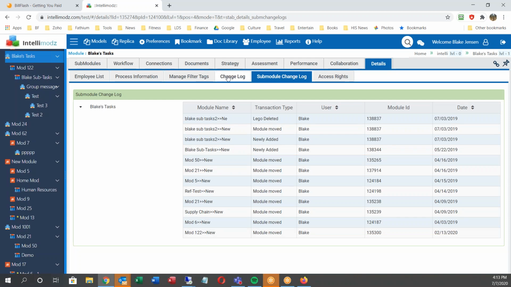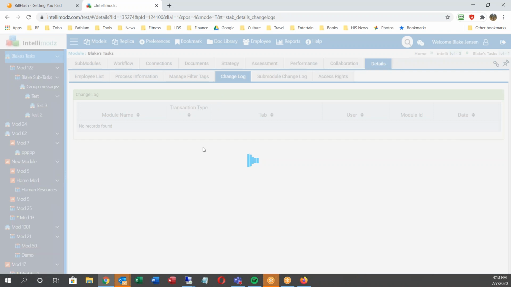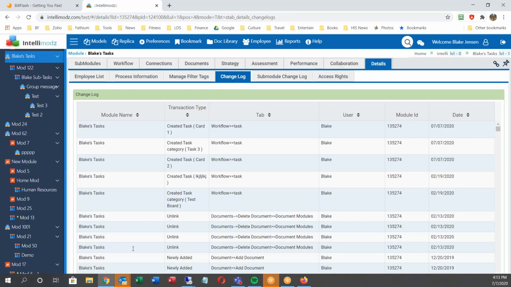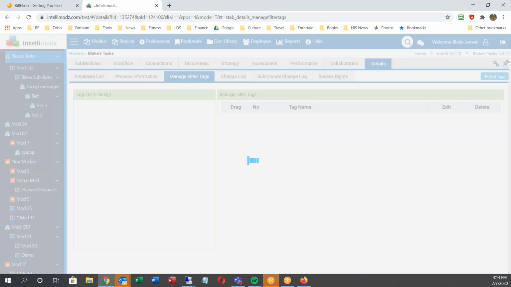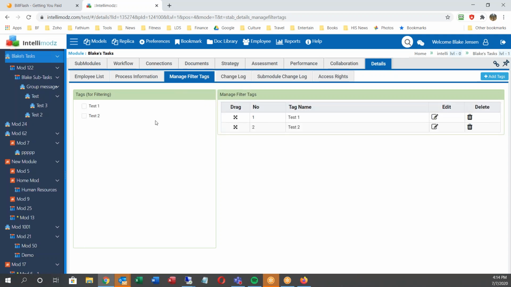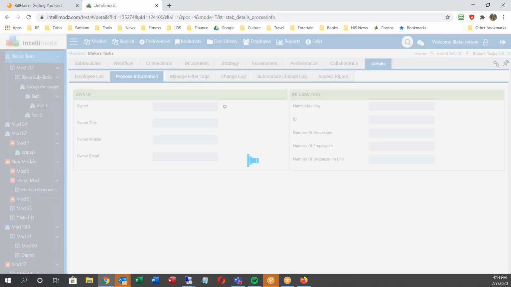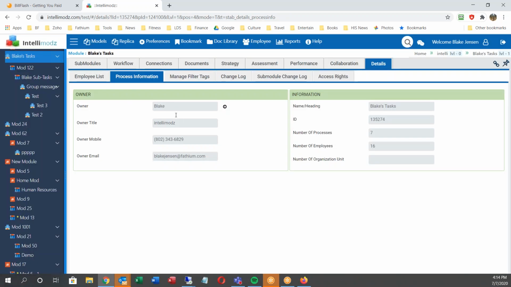These are logs, so these are change logs. This is the change log for the specific module that I'm in. I can see change logs for all my submodules, and so what's happened underneath me. I can manage filters for this module, and so I've added a few filters, and I can use these filter tags in various places. This is the process information that tells me who the owner is and particular information about